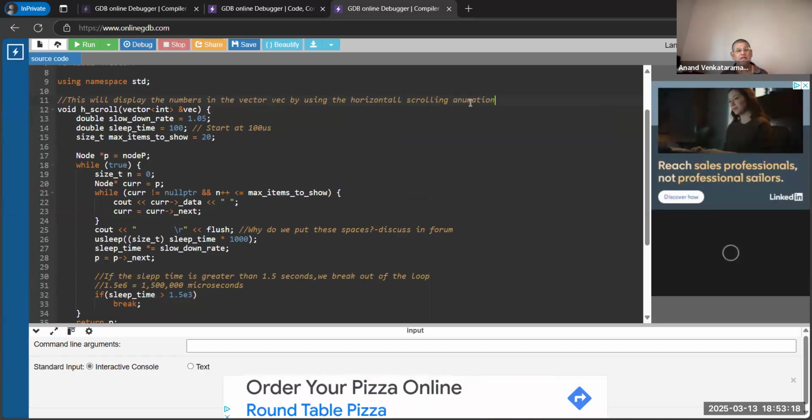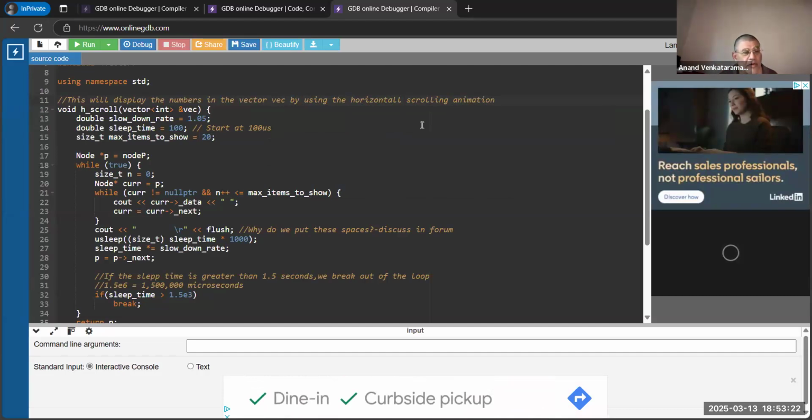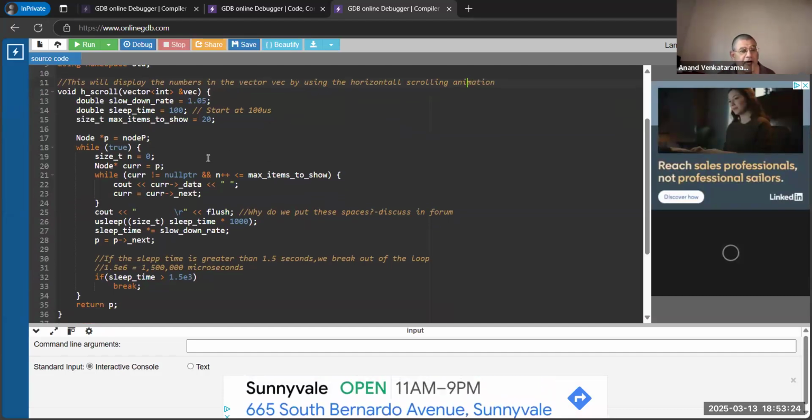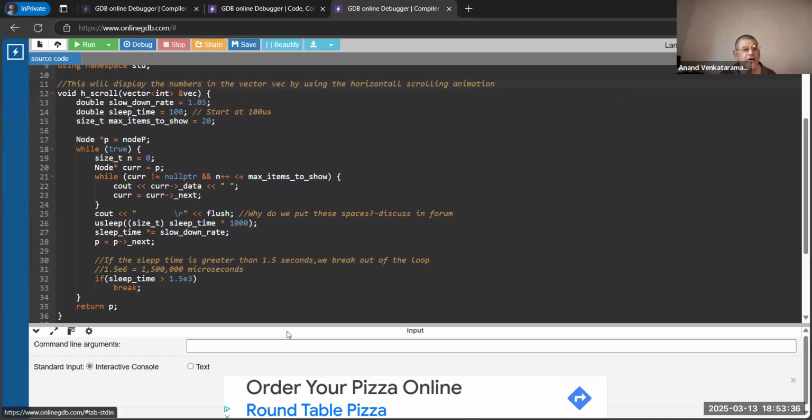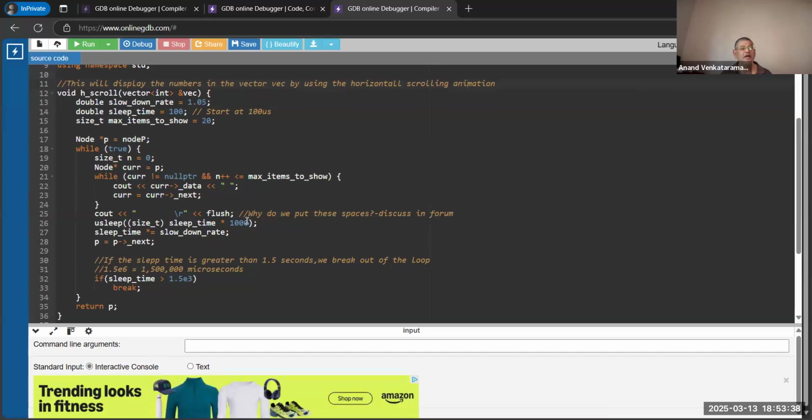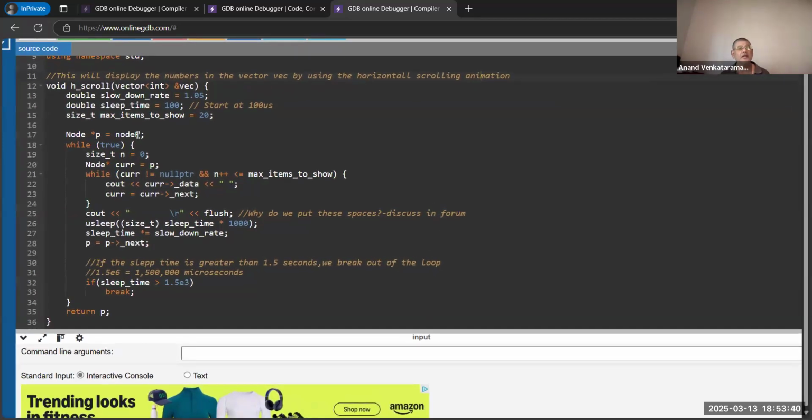Yeah, okay. All right, now let's look at the function and let's try and fix it up so that it's correct. Okay, so slowdown rate 1.05, sleep time starts at 100 milliseconds. All right, max items to show is 20. Okay, all right, and then get rid of, instead of node star p, I think we should say